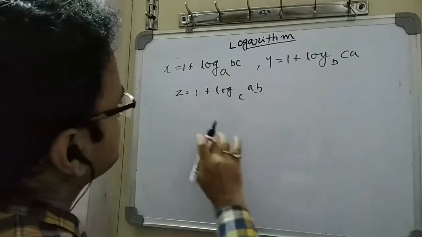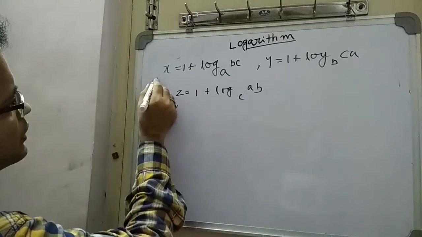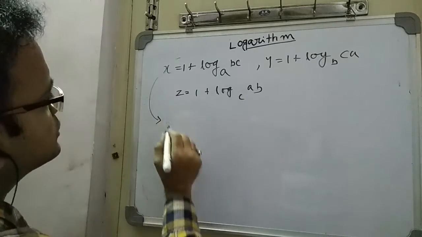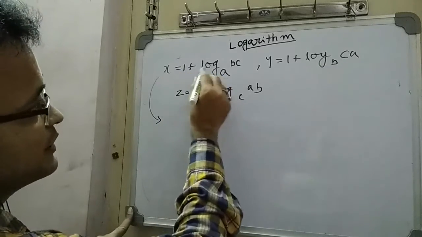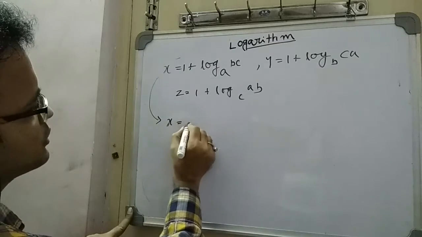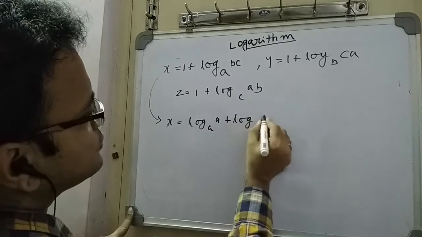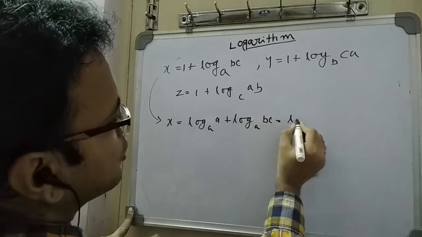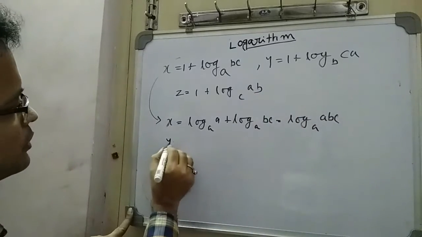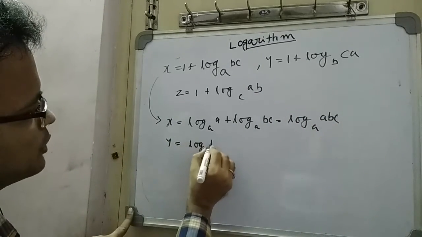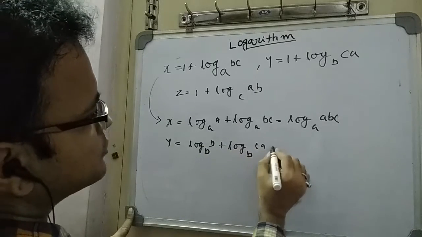Here the bases are different, so you cannot add anything right now, but what you can do is write 1 as log a base a. So both bases are equal, which means this addition can be done. So x becomes log a base a plus log bc base a, equal to log abc base a. From here, in the same way, y equals log b base b plus log ca base b, equal to